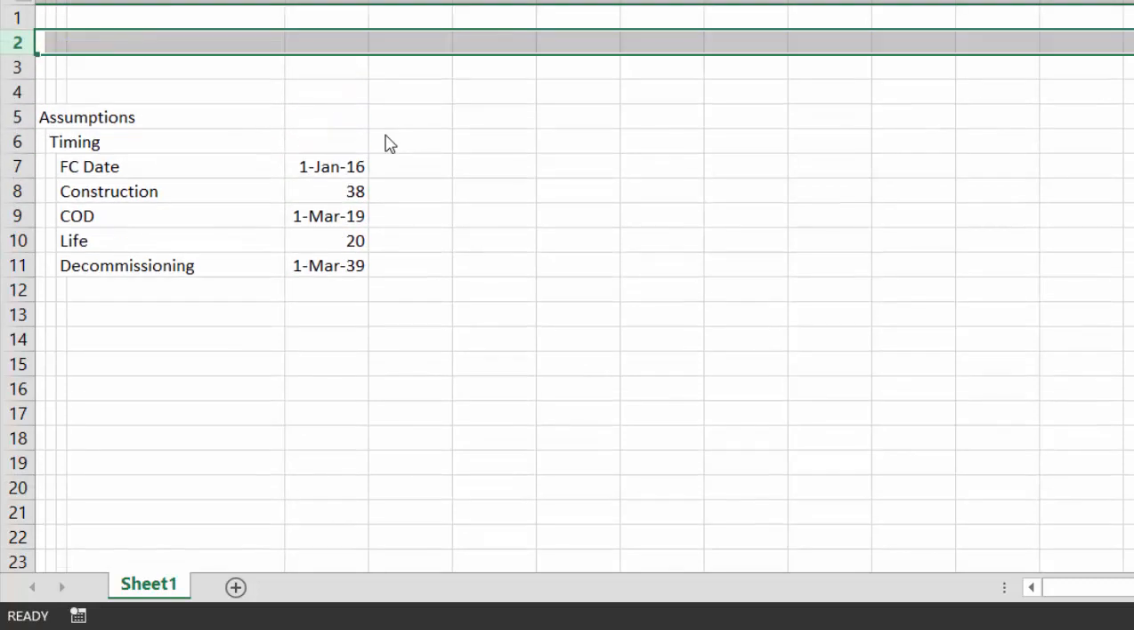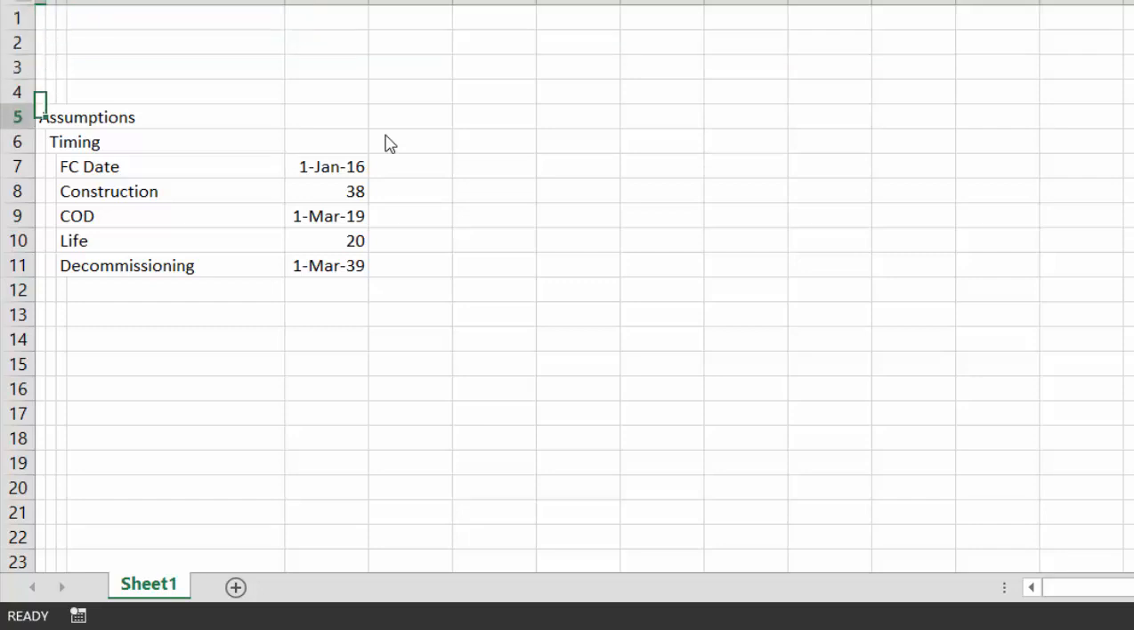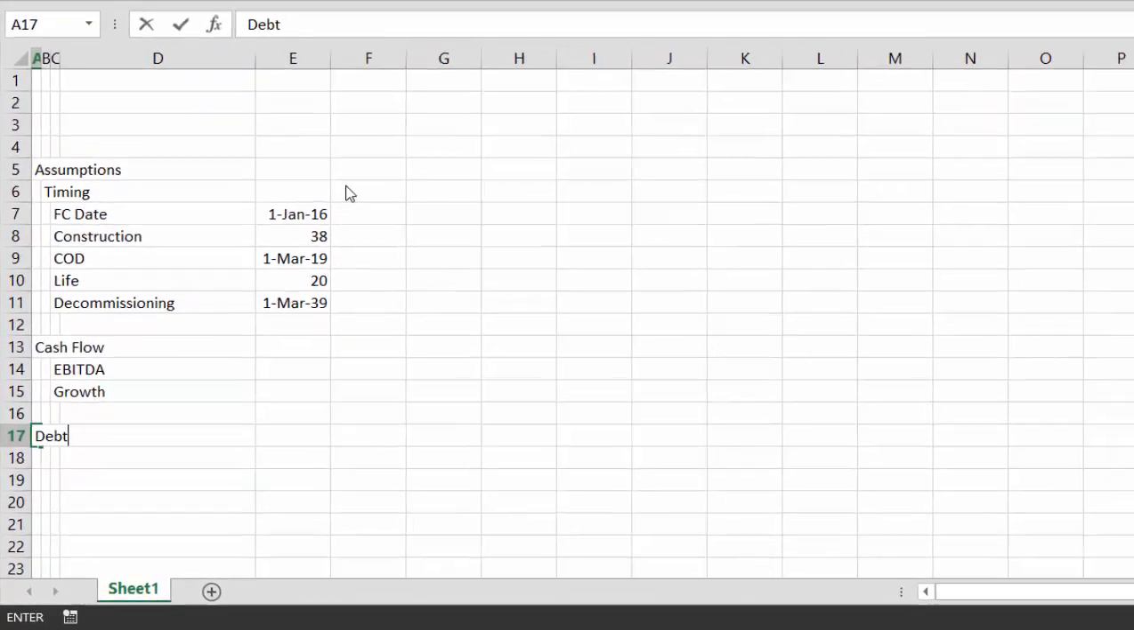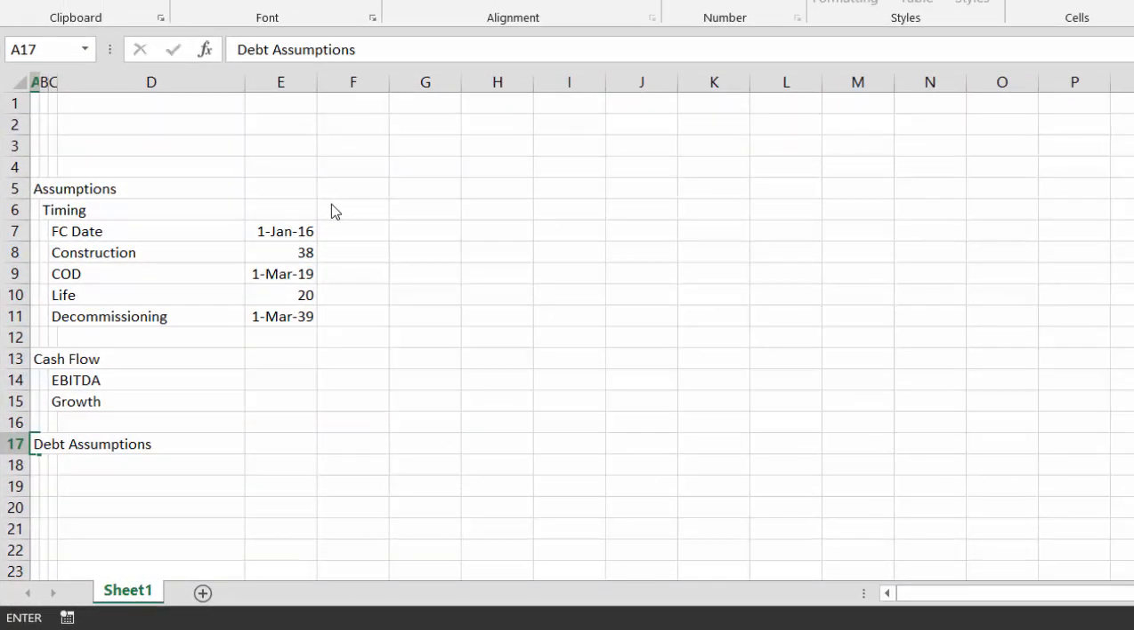You know what I'm going to do? I'm not going to have you watch me put in all the time and dates and all that. You've seen that enough. Let's put cash flow, and then I'm just going to put some EBITDA and some growth. We'll just have it growing, and then let's put some debt assumptions, and let's put the debt amount,